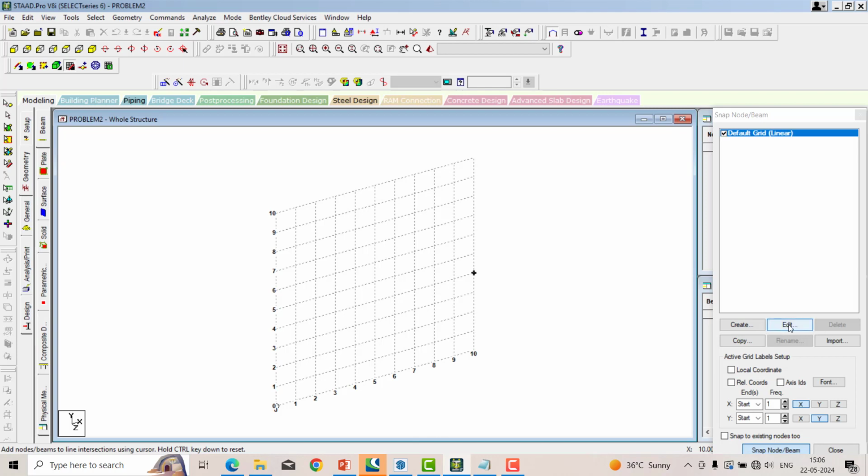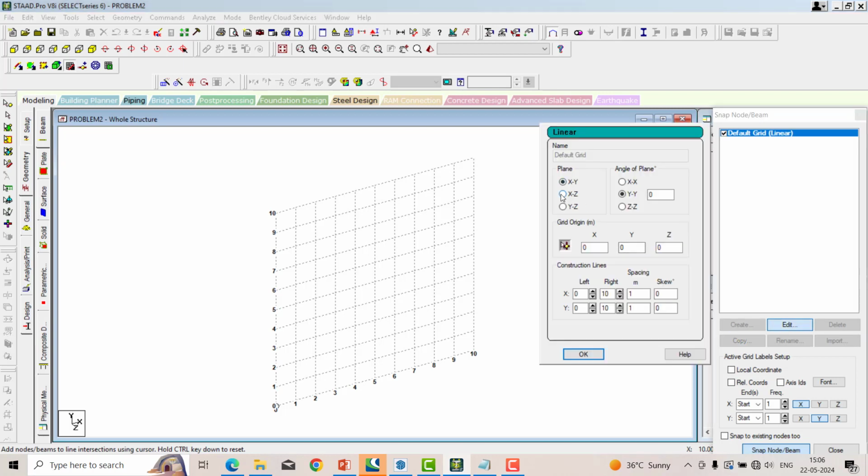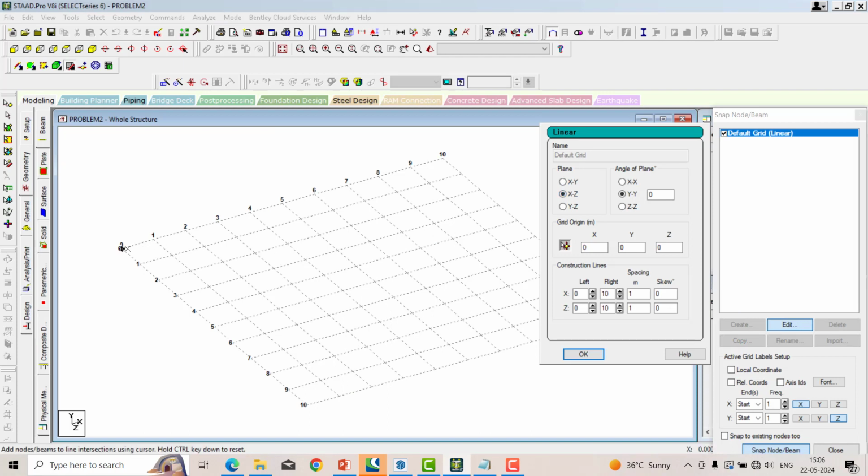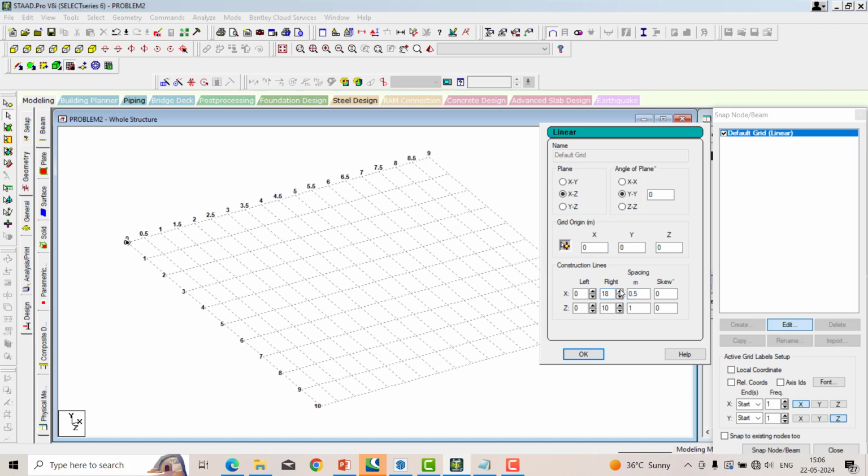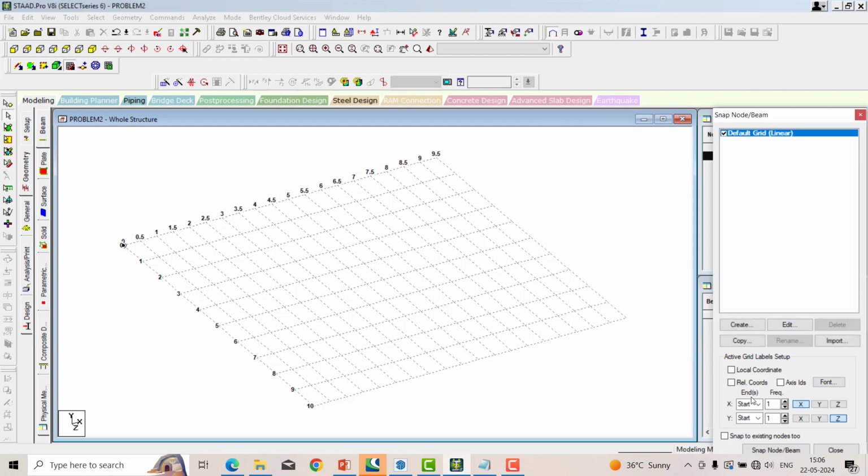The span of the beam is total 5 meter. If it is 5.5, 5.6, like that, so I just keep the grid in XZ. When it is 5.5 or 5.6, whatever it may be, between the grid, then I can't draw 5.5 or 6.5 because of the grid spacing. I just keep the spacing as 0.5 and then increase the number of grid lines according to it and say OK. Now you can draw the span 5.5, 6.5, like this. Depending on the digit, you have to customize the grid.